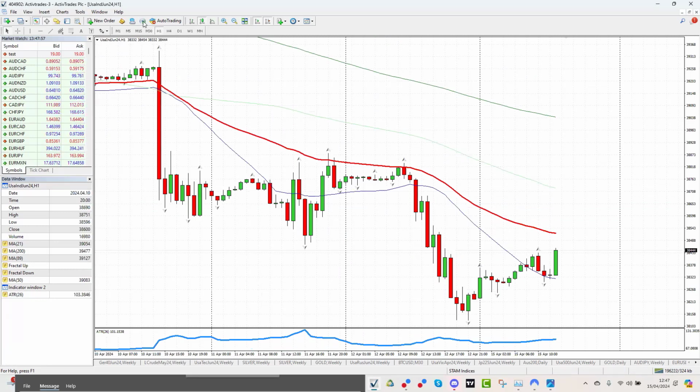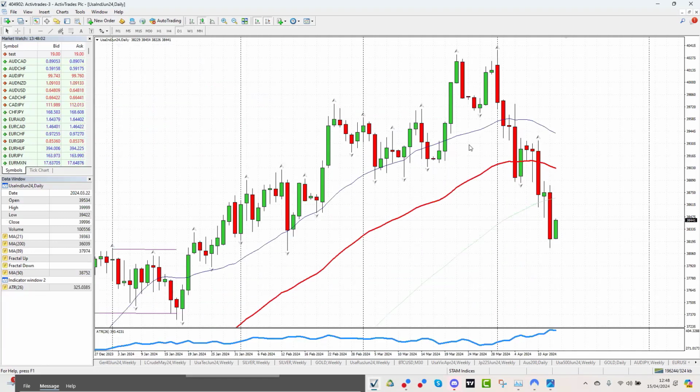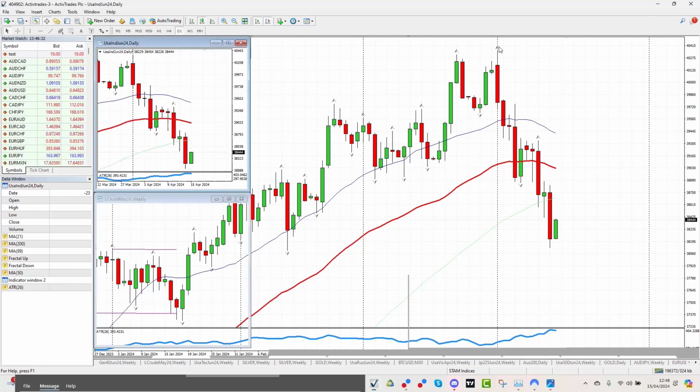So this morning, what we've seen is, you can see there's been a little bit of a relief rally on the 4-hour chart there, but you can see quite some considerable sell-off over the last couple of weeks. All right, some real move there. My view would be, I wonder if the relief rally will take us back up into these moving averages, around about 39,000, and then I'll be looking, if we get a rejection candle, that would be giving me a lower high for a next leg down. That's one of the scenarios I'll be looking at. That's one of the kind of trade scenarios I particularly like.